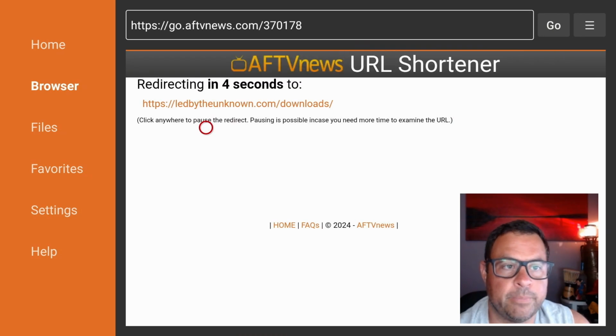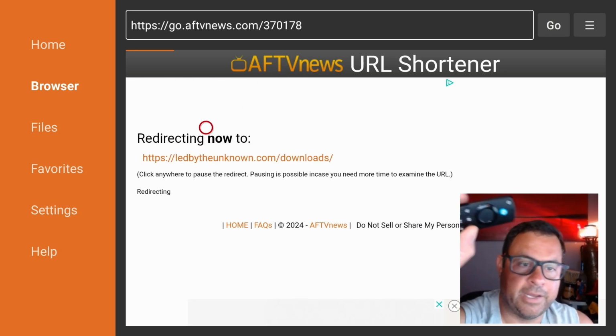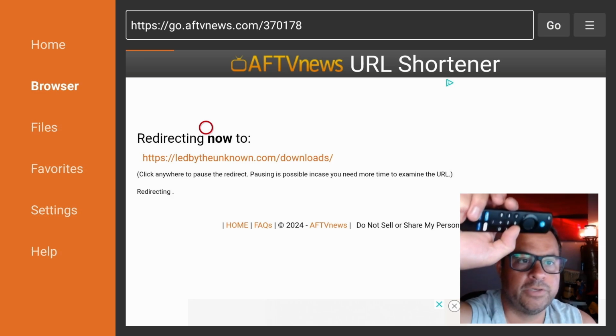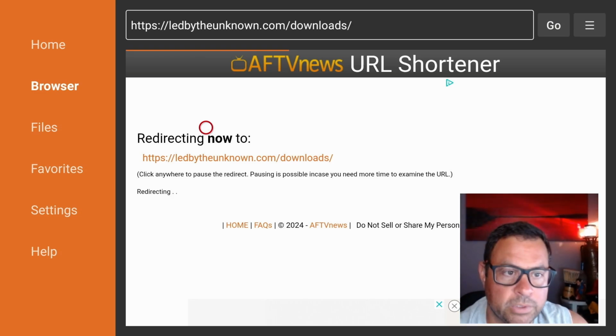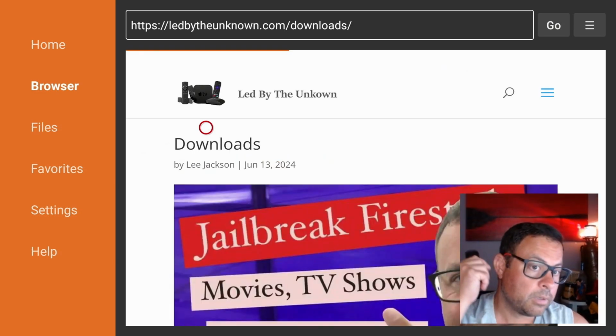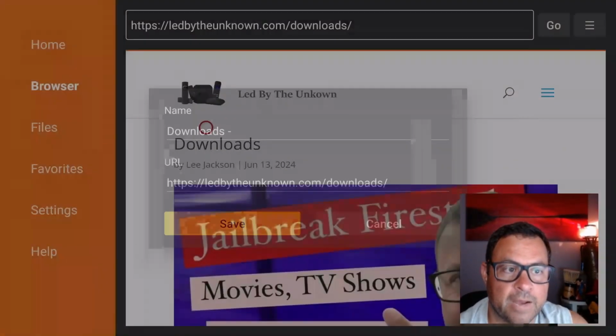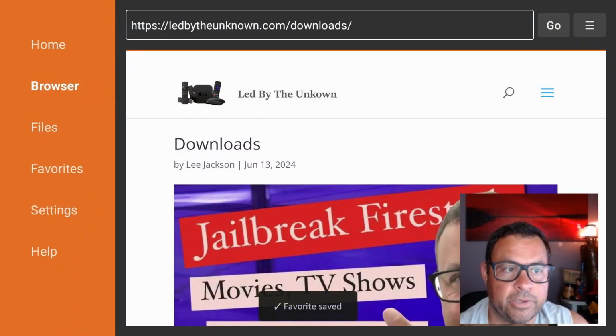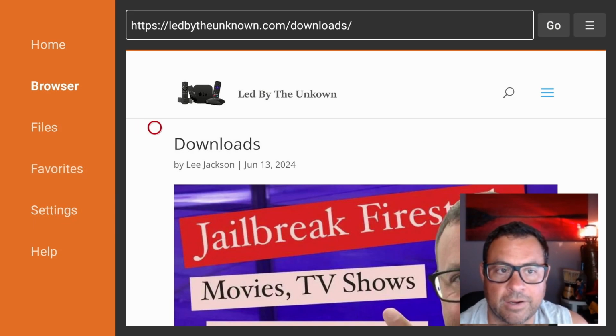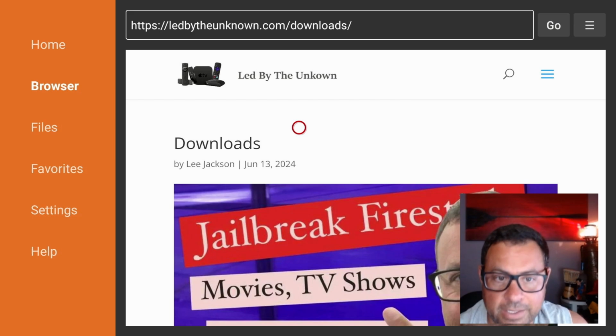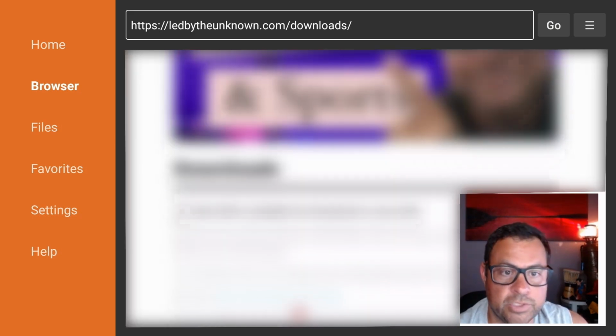This is a shortcut to the Led by the Unknown download page. Once the redirect is completed, I usually like to use the 3-line button on my remote and I add the current page to the favorites. Next time I'll use the favorites and click on it, and it goes right to the downloads page. Now under this downloads page, usually scroll down a bit,